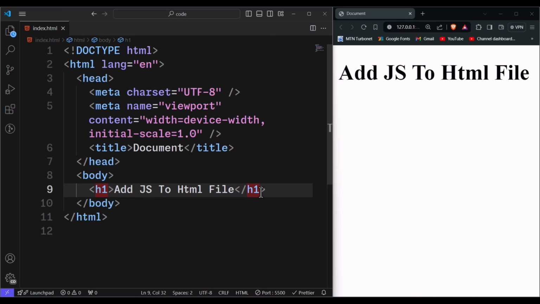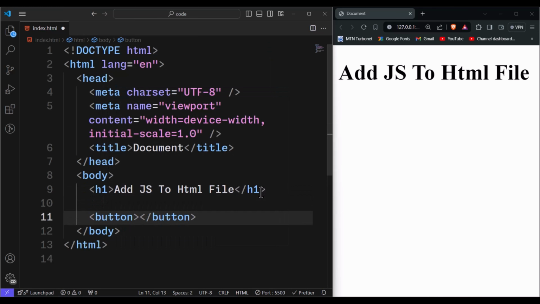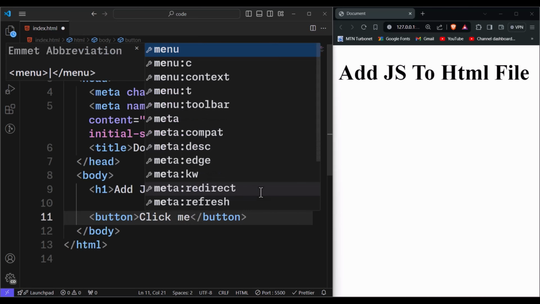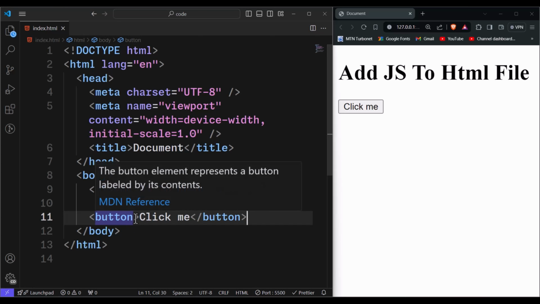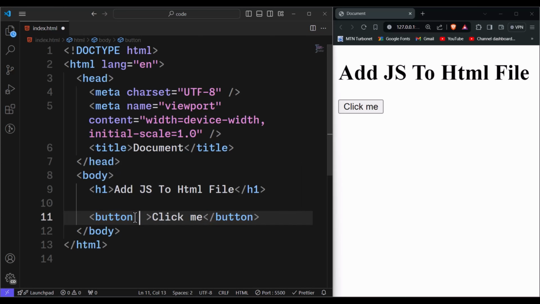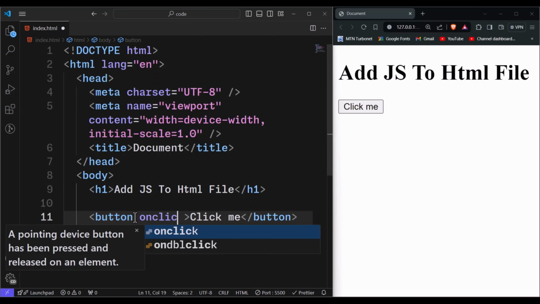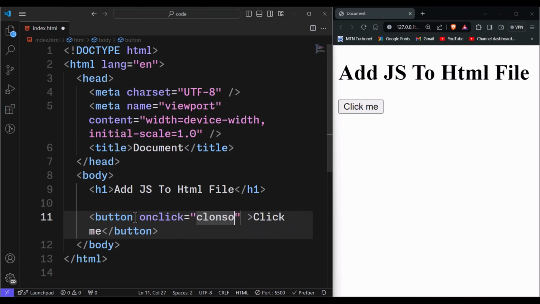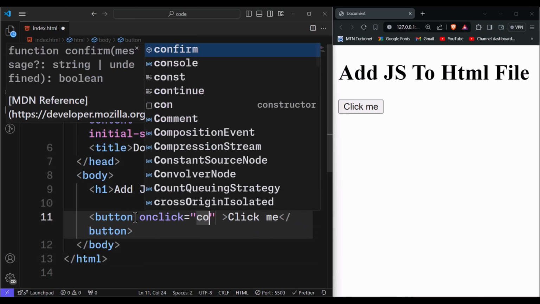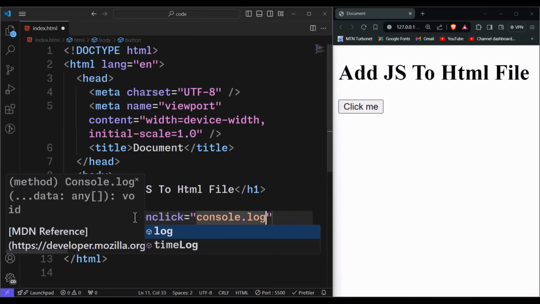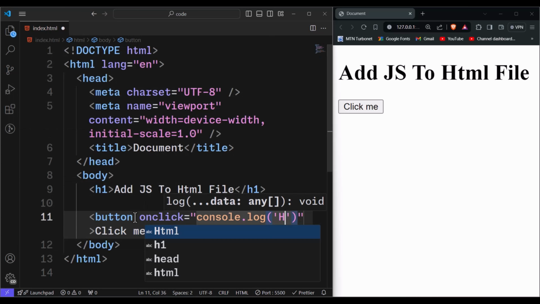So let me just go ahead and demonstrate this to you. I'll just define a button quickly and say click me and save. So as you can see, the button is here. So on this button tag, I'll add the onClick attribute, and then I'll just say console.log, and then I'll say hello